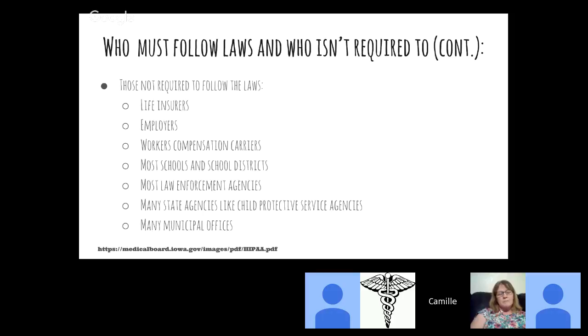Law enforcement agencies don't need to follow it because they need to protect everybody, and it would take too much time to try and find out medical situations on people. We had a case here in San Diego where a mentally disabled person was shot by police, and it's all up in arms because of why they shot a mentally disabled person, but they didn't have the time to find out when people's lives are in danger. Child Protective Services, they don't need to because, of course, they're trying to protect the children that are in their realm of care. And then municipal offices,